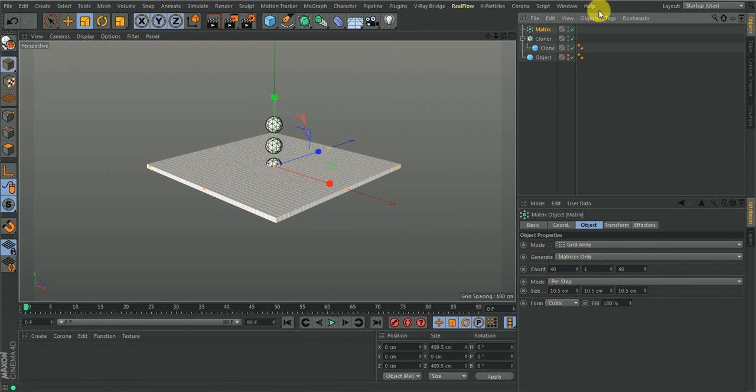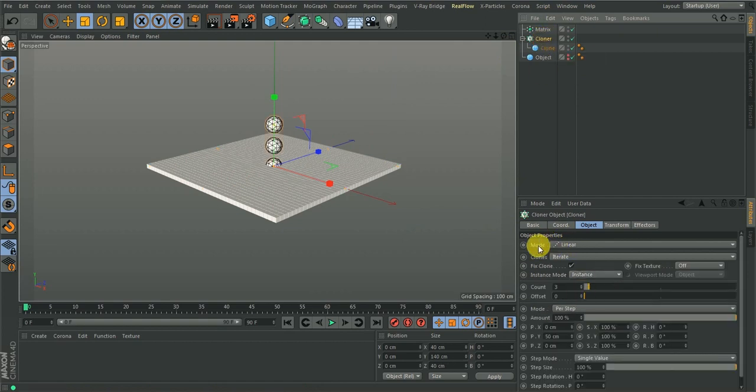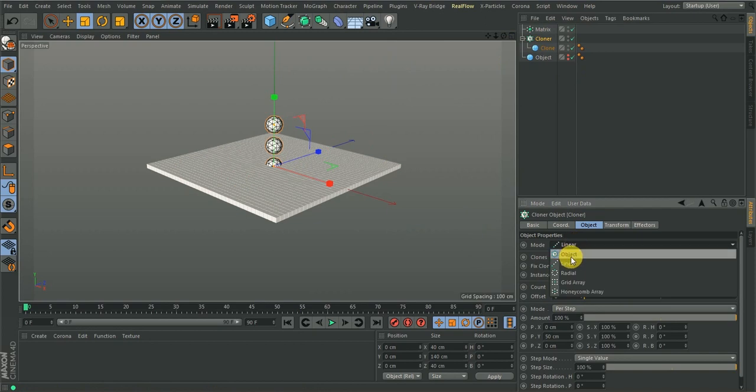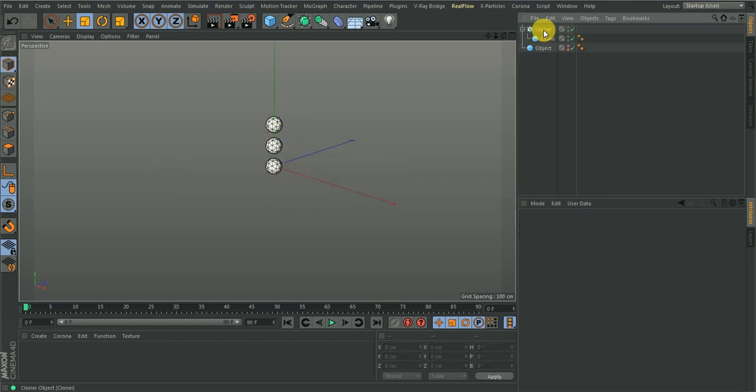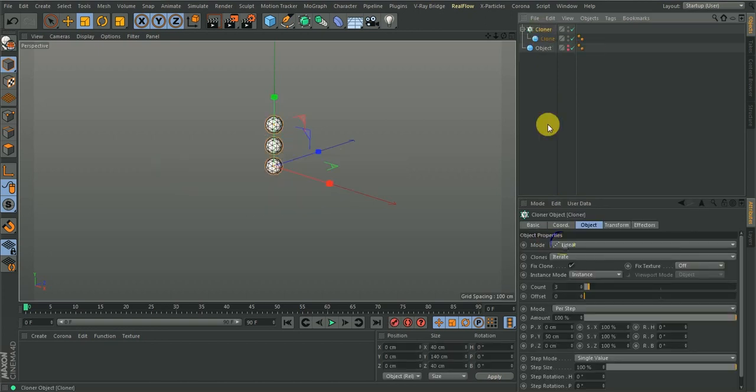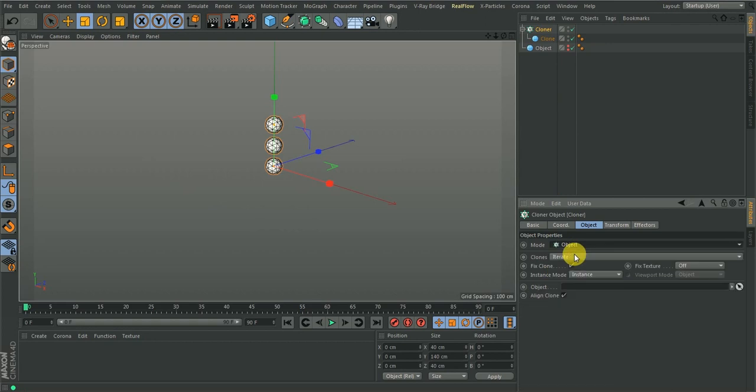So if I want my cloner, every time I bring up my cloner, to always be, instead of the mode being linear, I want it to be object mode. Every time I bring up this, I can do that. So let me delete this, for instance. So if I go to my cloner and change this to object, for instance,